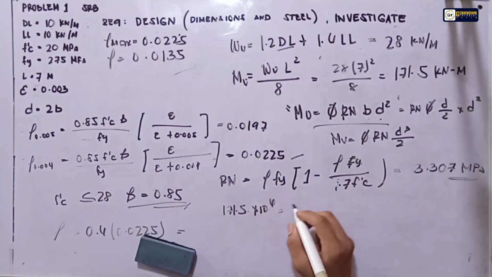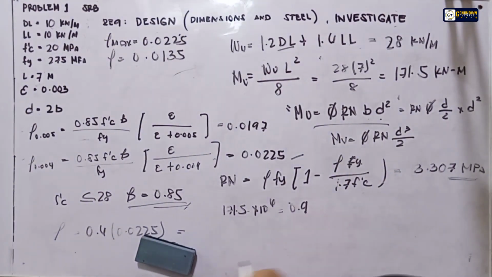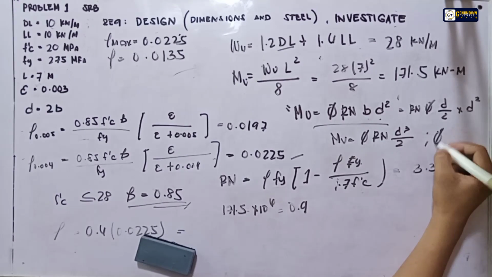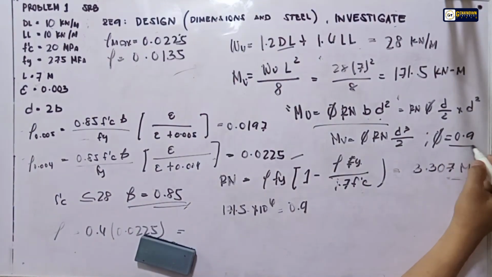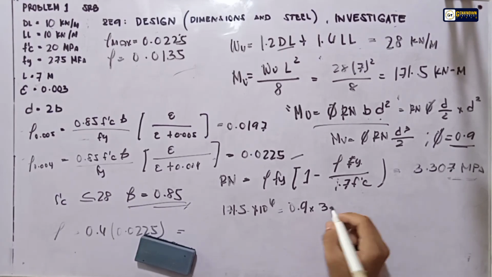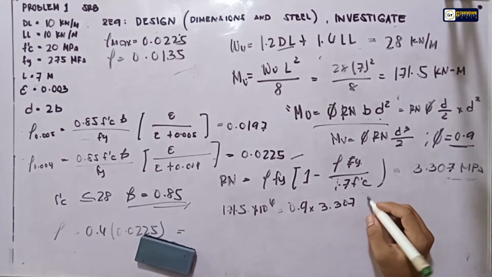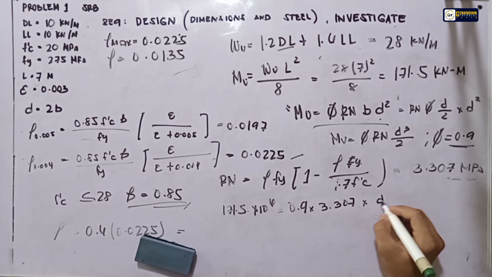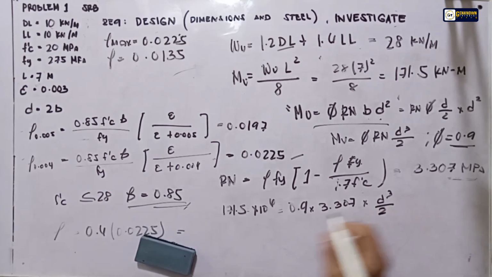So, ang phi natin is equal to 0.9. Okay, 0.9 ang ginamit natin for phi. In-assume lang natin na nag-yield na yung bakal natin. So, ang Rn natin is equal to 3.307 times d cube over 2. Solving for d,